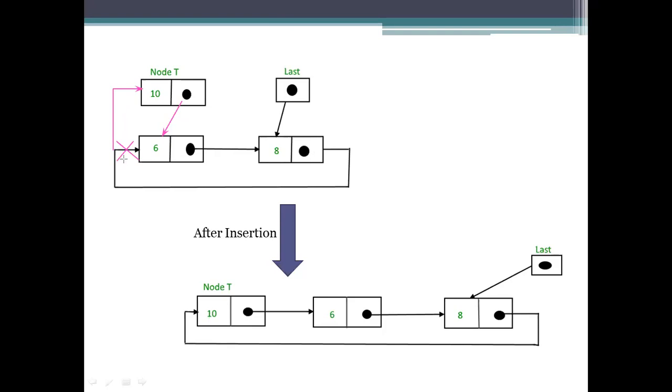So we need to remove the connection it has with the one, and we need to specify the node T as the head, and we need to make the next node of this one the earlier first one. By that only we can have the complete insertion which is being done at the beginning here.